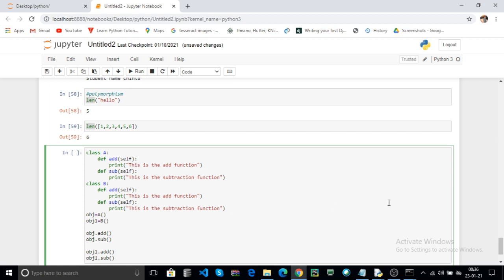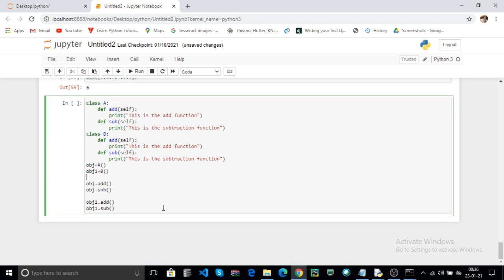Now what do these statements mean? Here I create an object for class A and class B. Here the functions are the same, but your object type is different. Then here add and subtraction, here add and subtraction. The functions are the same, but the object type is different. Here object 1 is one type, but the functions are the same.